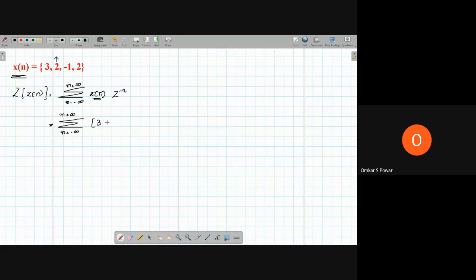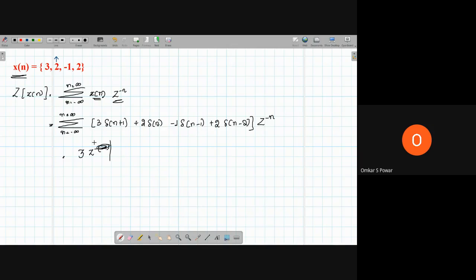x of n is nothing but 3 into del of n plus 1, because at n is equal to minus 1 it is 3, plus 2 into del of n, because at n is equal to 0 it is 2, minus 1 del of n minus 1, plus 2 into del of n minus 2, into z power minus n. If you look at this, it is similar to your Fourier transform, where z is equal to e power j omega n. So what you have to do is write it directly,